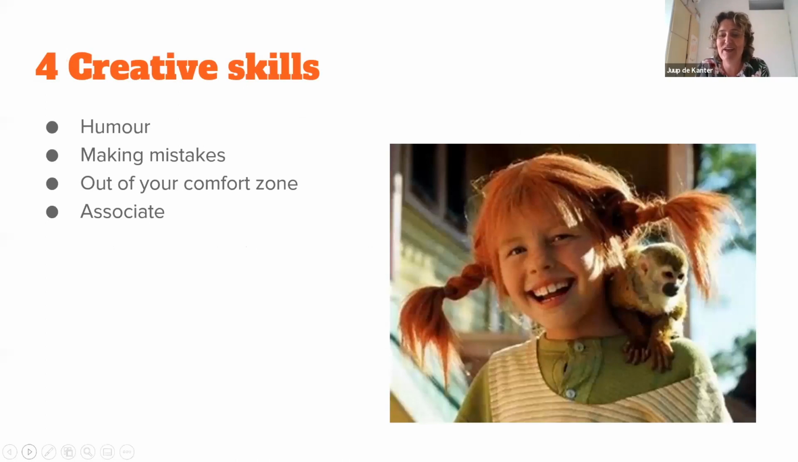Well, this is Pippi Longstocking, and one of her famous quotes is, "I never done it before, so I think I can do it." So that's the same with creativity. Just do it, and then you will become better, and it's helpful if you train it and use it. And there are 4 creative skills that I will show today. It's humor, how you can use it in your sessions, making mistakes, going out of your comfort zone, and making associations. And the first one, humor,